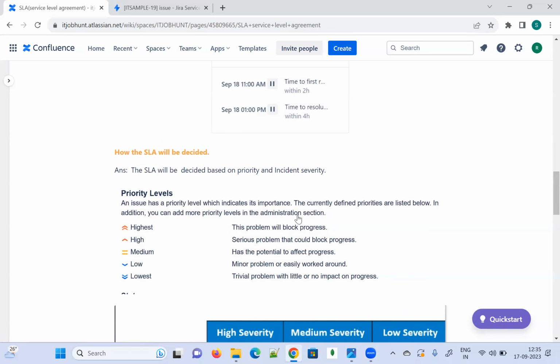We can change this priority level also. We can add more and we can delete also in the Jira administration dashboard section. I have taken this example from the Jira section. Okay. And what are the priority levels? Highest priority is where this problem